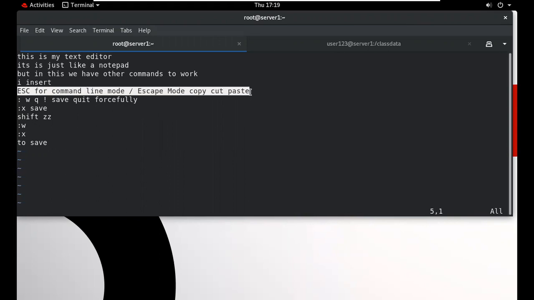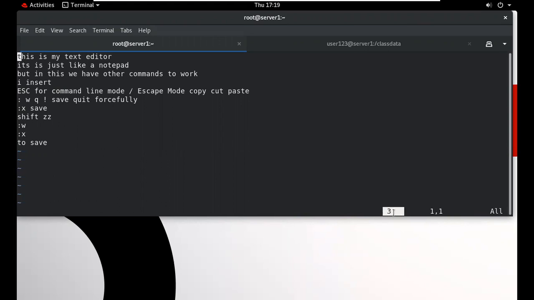come back. Okay. So now we want to delete two or more lines at the same time. Suppose I am on this particular line in my text editor, and we want to delete these three lines at the same time. So what will we do? Type 3. Now you can see in the status bar 3. To copy, we use YY, and to delete, we use the DD option. So this is 3D. Three lines will be deleted.